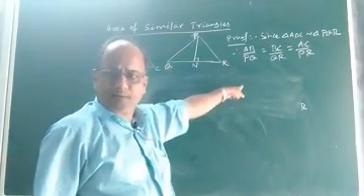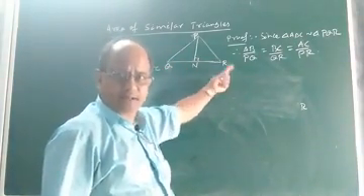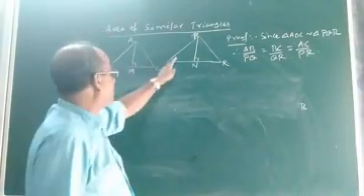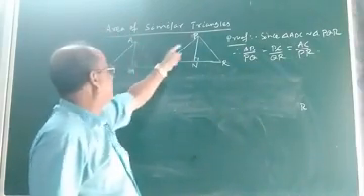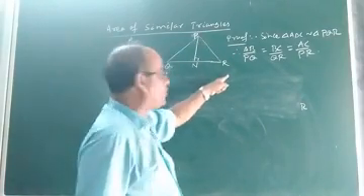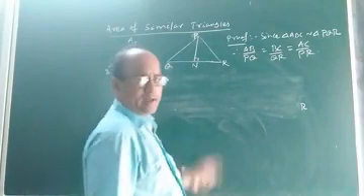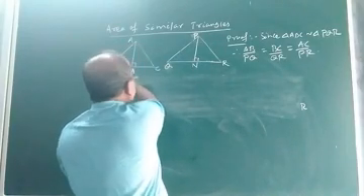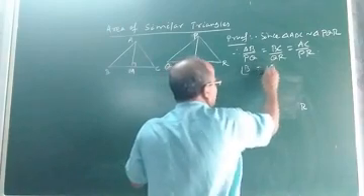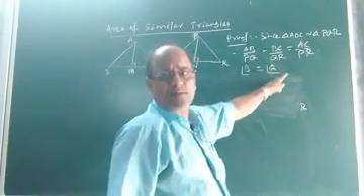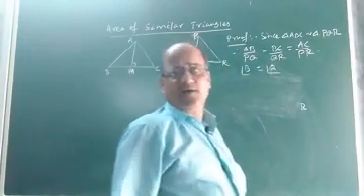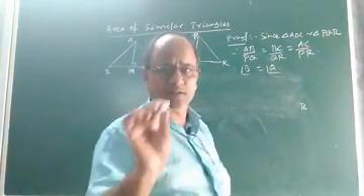The corresponding sides of two similar triangles are proportional. Next, corresponding angles are also equal. So we can take angle B equal to angle Q, angle A equal to angle P, that means angle BAC and angle QPR will be equal. Similarly, angle C will be equal to angle R. So let us take the equality of angle B and angle Q. Angle B equal to angle Q. What is the reason? The reason is corresponding angles of similar triangles are equal and corresponding sides of similar triangles are proportional. This is the first step.